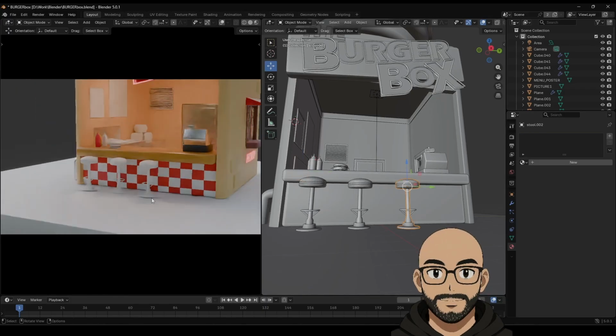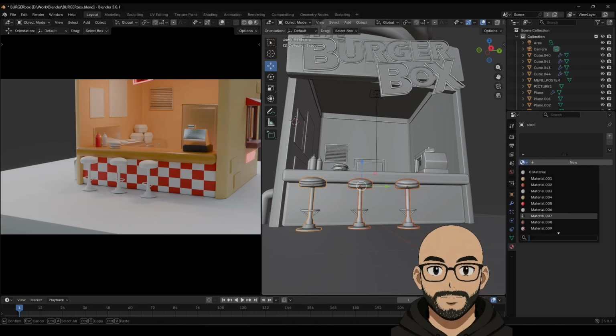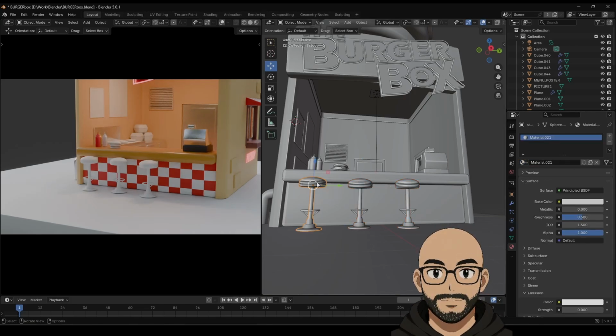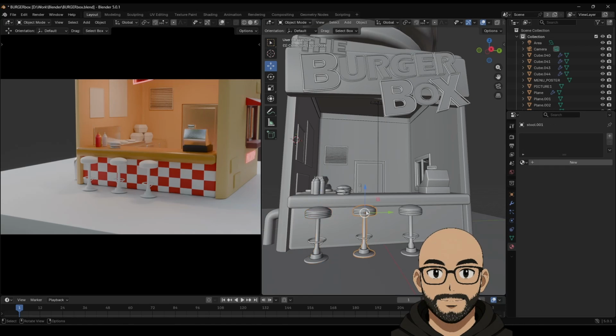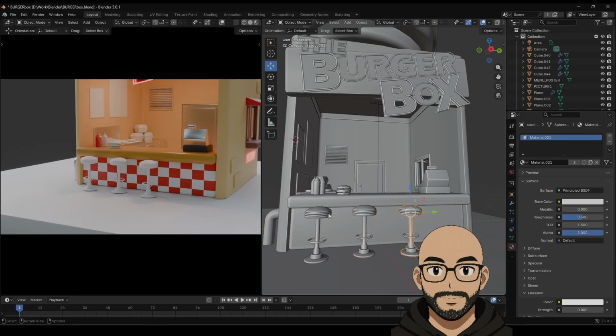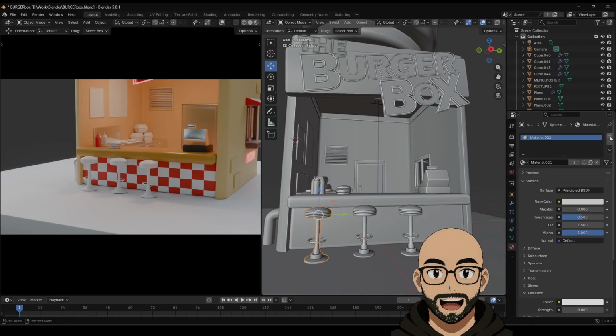Again, I mean these look like they're floating. This for now, let's stick. Let's give it a new material. So, right, new material. Control L, link material. Does it do it? No. Oh, so that's the last one. Okay, so it's just the order. Did it work? Okay. So if I add the material,